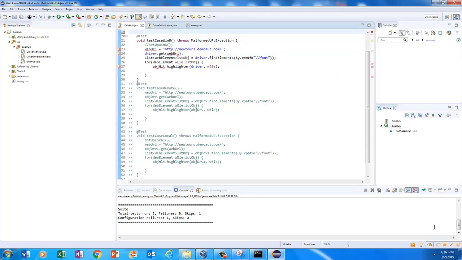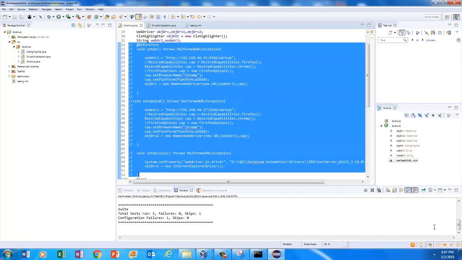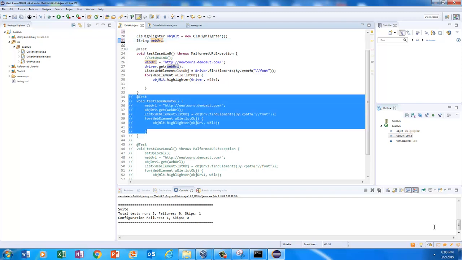As you can see, actually let me do a little bit. I'll have to keep some variables that I'm using. So let me remove this unnecessary code from here, and then I need this web URL, and yeah, this web URL. That's it. Let me remove this. I do not need this driver. I'll tell you why I do not need this driver. I need this web URL. I do not need this node URL here, and I need this highlighter. I'll tell you why I need this highlighter. I'll keep one of them, actually I'm going to remove all of the other